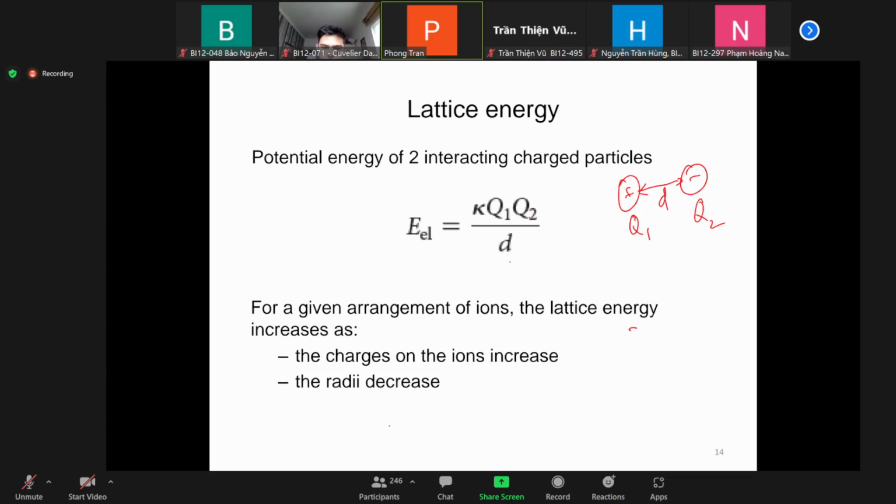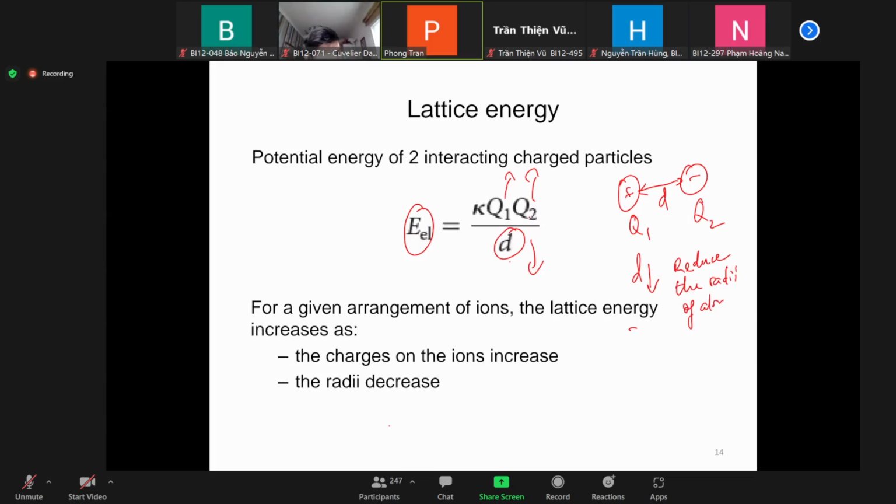So you can see that for a given arrangement of ions, the lattice energy will increase when the charge of the ions increases. When you increase Q1, Q2, the value of potential energy, so the lattice energy, will increase. And when you reduce d, that means you reduce the distance between the two charges, the lattice energy increases. Okay. So how can you reduce the value of d? If you want to reduce d, you can imagine you reduce the radius